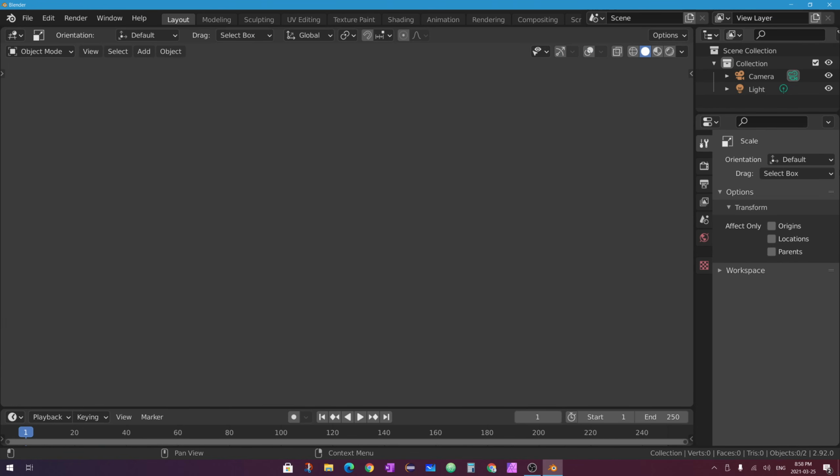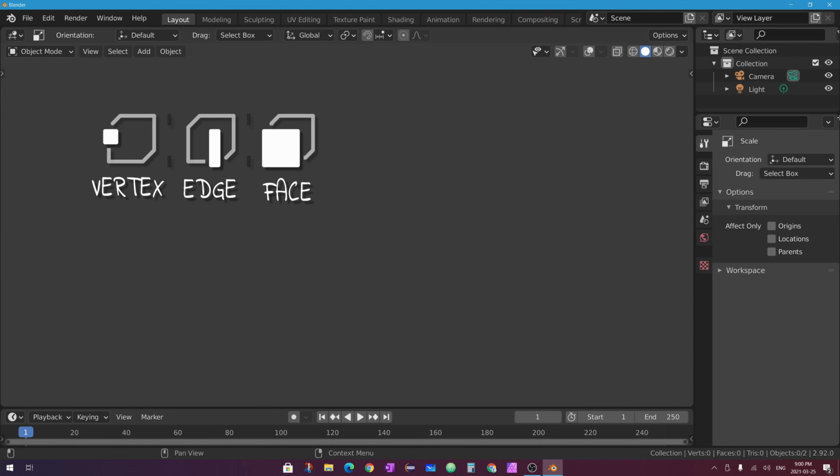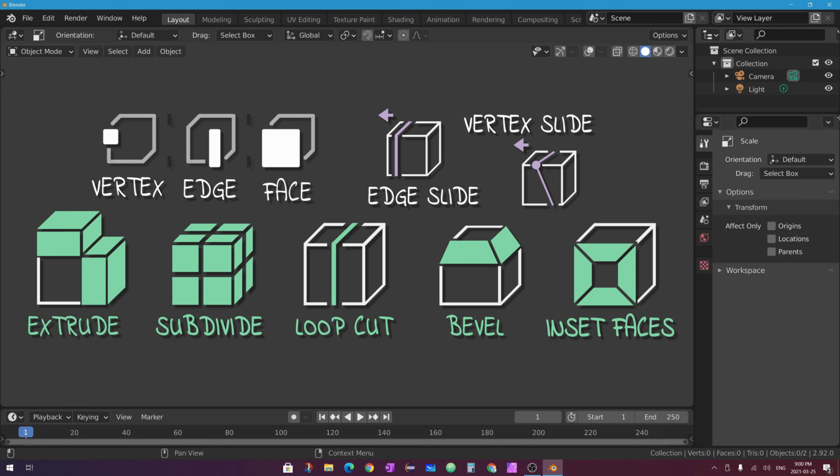So this has been an introduction to 3D modeling in Blender using Blender's edit mode. We've talked about how to get into and out of edit mode to access a mesh object's faces, edges, and vertices. We've talked about tools, including the Extrude Tool, the Subdivide Tool, Loop Cut Tool, the Bevel Tool, and Offset